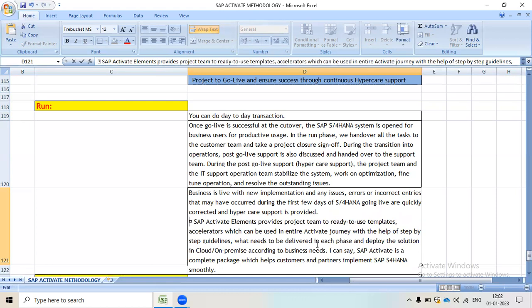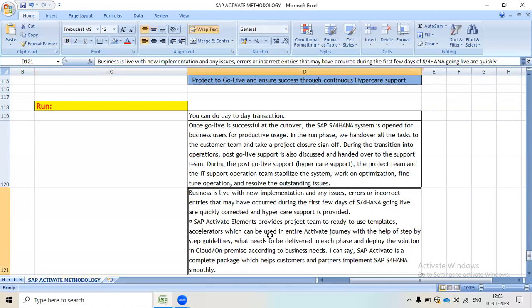SAP Activate provides the project team ready-to-use template accelerators, which can be used in the entire Activate journey, with step-by-step guidelines to be delivered in each phase, and to deploy the solution in the cloud or on premises according to business need. I can say SAP Activate is a complete package which helps customers and partners implement SAP S/4HANA smoothly.